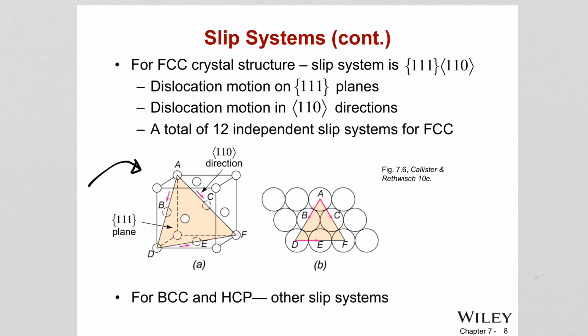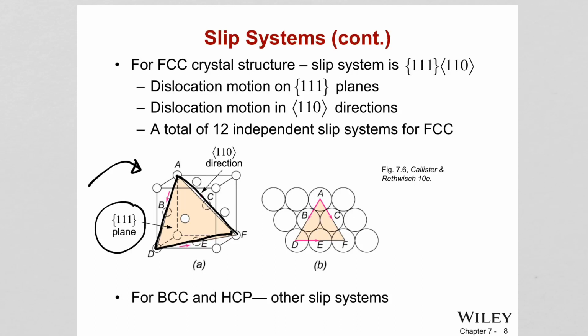And think about which plane has the densest atomic packing, and that is going to be the 111 plane and its family, okay? That is what this image is showing us. This is the 111 plane where the slip happens,